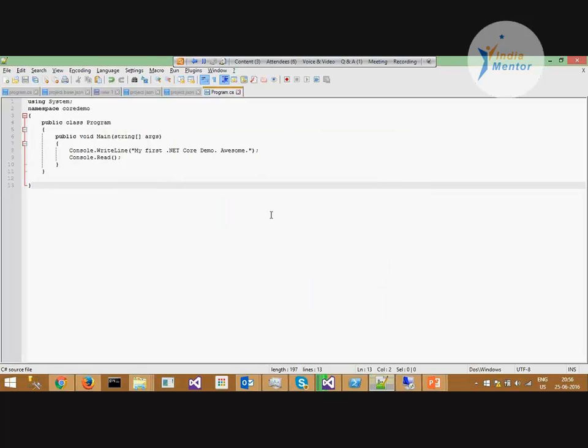So my program is saved now, and what happens is in your earlier versions, if you are having the using statements, you somewhere needed to define from where you would be referencing those DLLs, those namespaces. So we had complex project files.